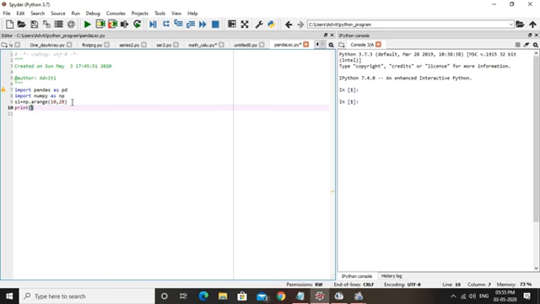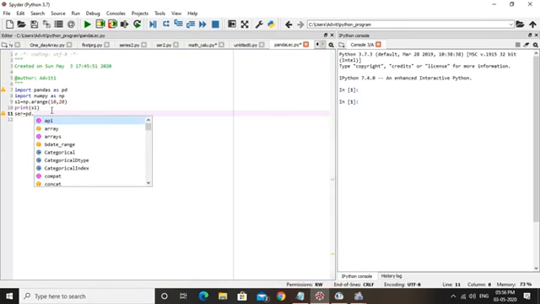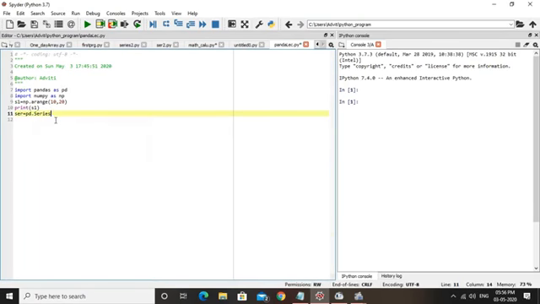Now we can print s1, and after this create a series with the help of the Series object. I am using a variable ser equals pd.Series, with an uppercase S, and then we define the series index.